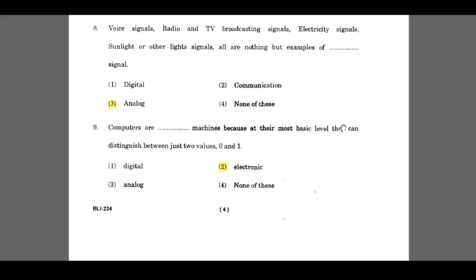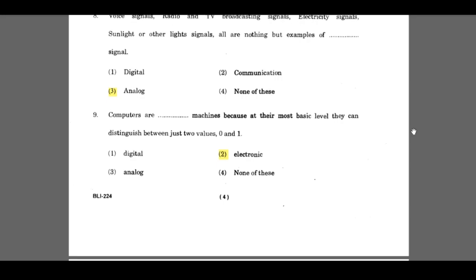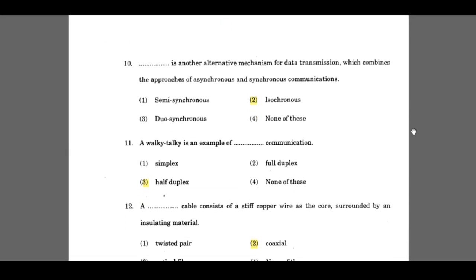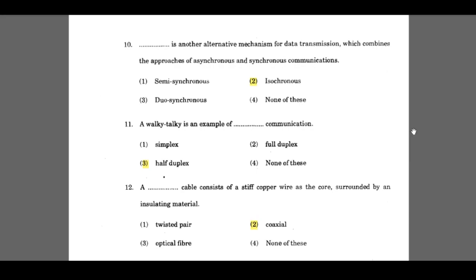9. Computers are dash machines because at their most basic level they can distinguish between just two values, 0 and 1. Electronic. 10. Dash is another alternative mechanism for data transmission which combines the approaches of asynchronous and synchronous communications.